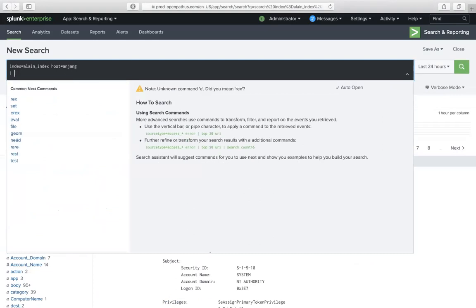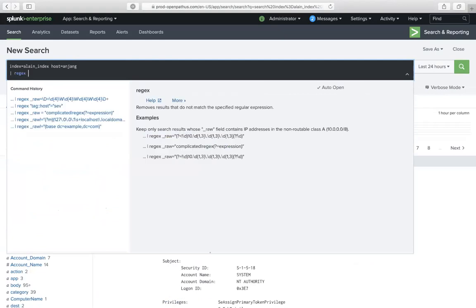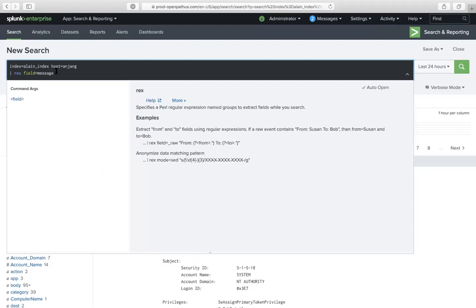Let's do regex. We're going to say message is the field, so it's going to be field equals message. And actually, we'll use a rex for this one. Rex is similar to regex, but one actually creates a field for you that you can use permanently. The other one is more temporary, in terms of when you run your search. So we're going to do field message, and then we're going to say,